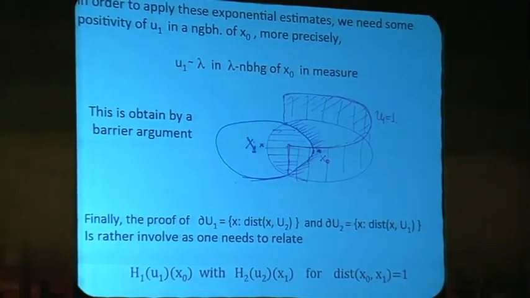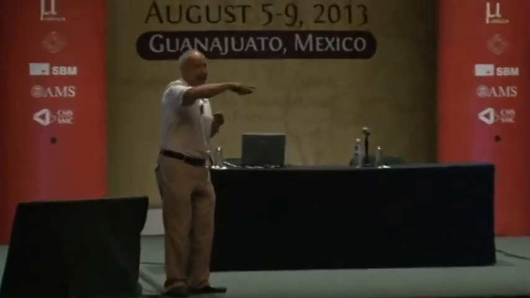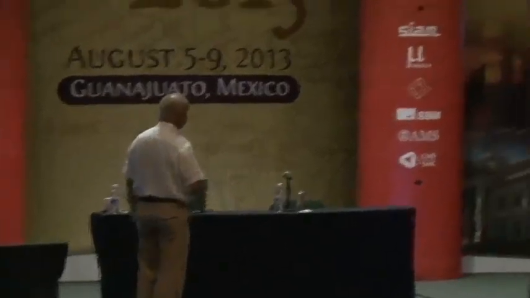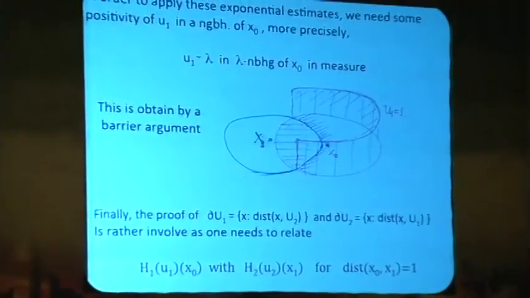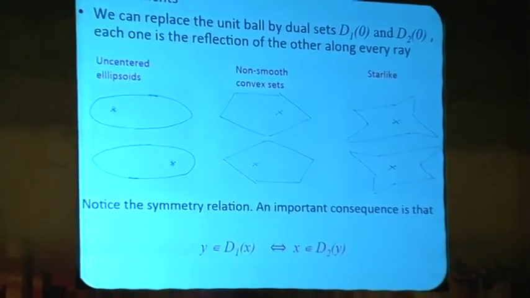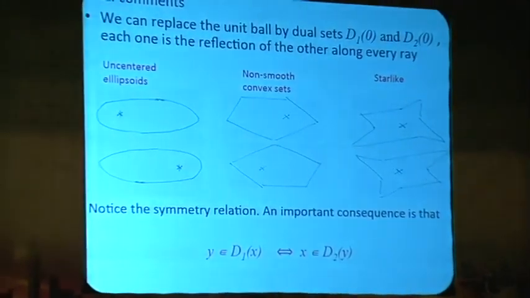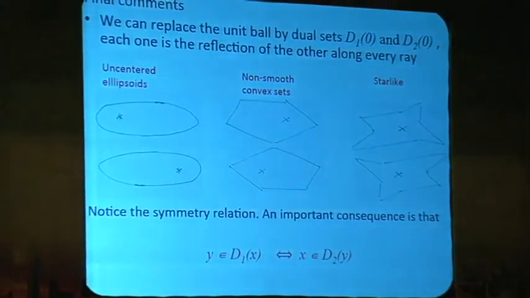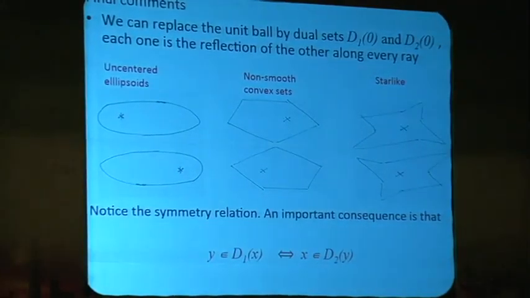Okay, the proof that they are exactly at distance 1 is very delicate, because it really has to relate the right-hand sides between 2 points at distance 1, and it's not obvious how to relate them, because one involves U1 here and an average over its ball, and the other involves U2 there and an average over its ball. So it's not clear how you relate them, but we manage for smooth convex sets. In fact, the final comment is that basically you can do this for general sets, except for the last part, can be